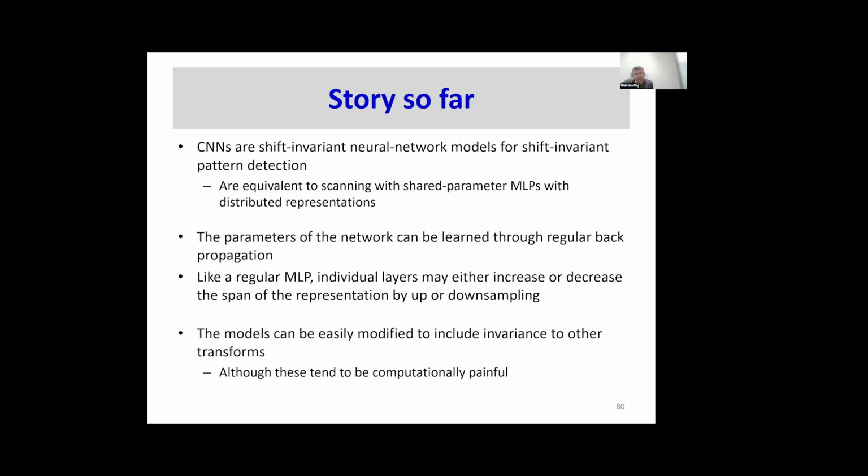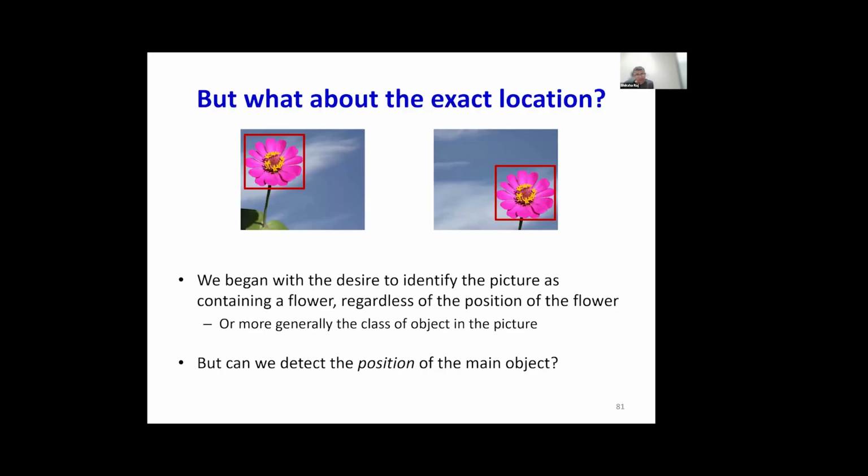CNNs are shift invariant neural network models for shift invariant pattern detection. They're equivalent to scanning with shared parameter MLPs with distributed representations. The parameters of the network can be learned through regular backprop. Like a regular MLP, individual layers may either increase or decrease the span of the representation by up or down sampling, and the backprop must handle this as well. The models can be easily modified to include invariance to other kinds of transforms. But this can be computationally painful, right? So far so good. But then